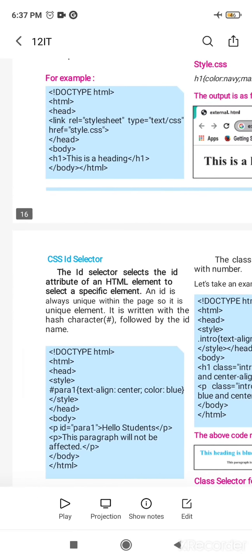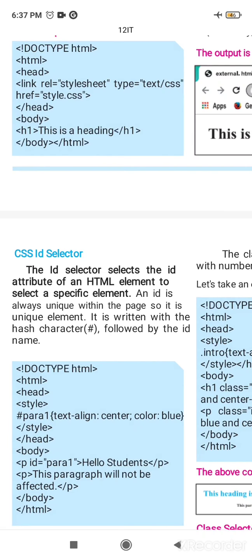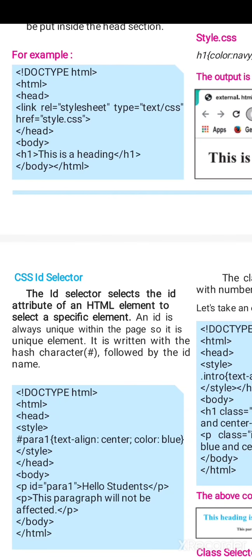Href stands for hyper reference, so it describes a value as address of external style sheet, that is nothing but path of external style sheet. So href equal to style.css is given. So within such a head section, it is properly applied through link tag. Head section to be closed, properly ended.